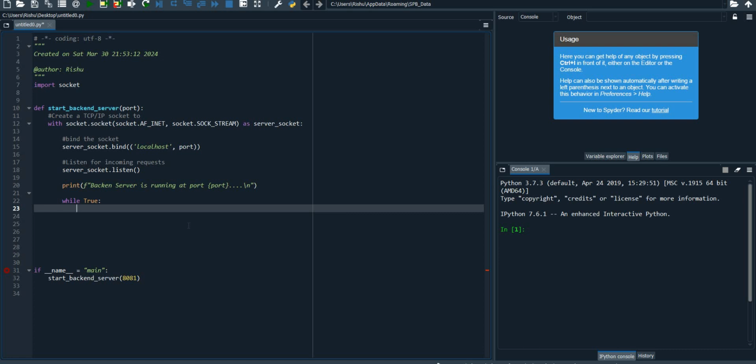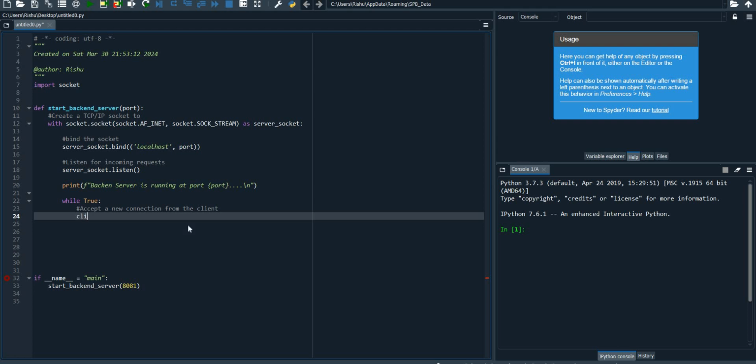So now, while true, we will have to create a client so that we can accept a new connection from the client. So for that we need to create a client socket and client address. The address is basically the IP address, and that will be the socket. So this will be server socket dot accept,